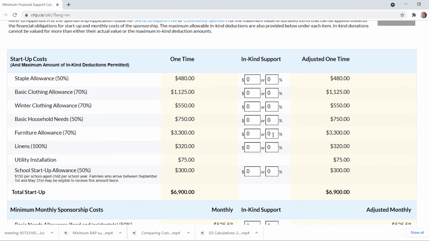And let's say that the value of the furniture was $4,000. Now, we can't insert $4,000 because the maximum allowable percentage for furniture in kind is 70%. So we can insert 70%. And if we hit enter, we see that the calculations are already made for us. So the adjusted one-time cost has been reduced to $990 instead of